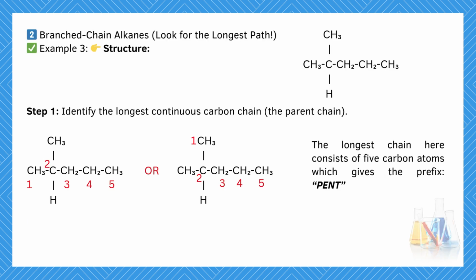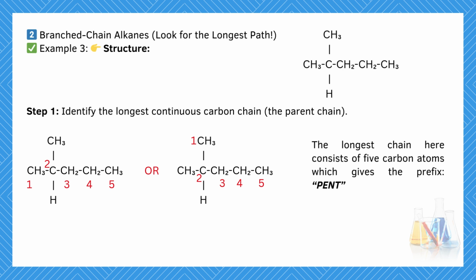So having dealt with that, let's get into a more complex example. Example number 3. Here is this branched alkane that we want to name right now. Step 1 says identify the longest continuous carbon chain. Looking at this, there are more than two ways that we can do that, but if we want to identify it in a correct way, then there are two correct ways, and I'll be